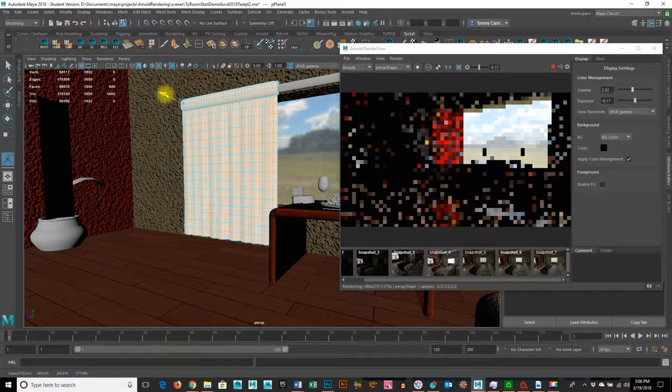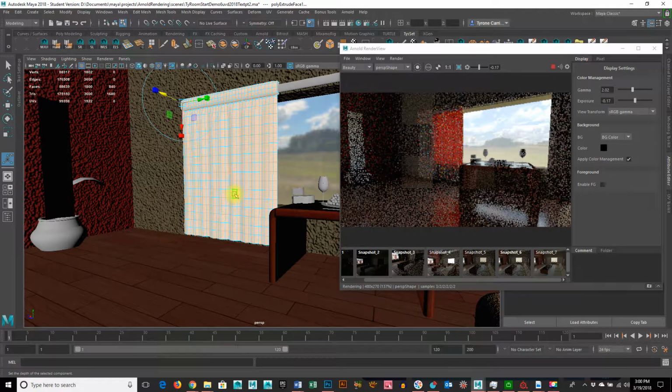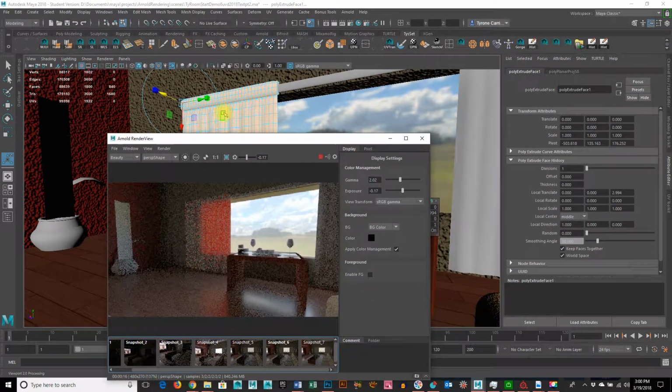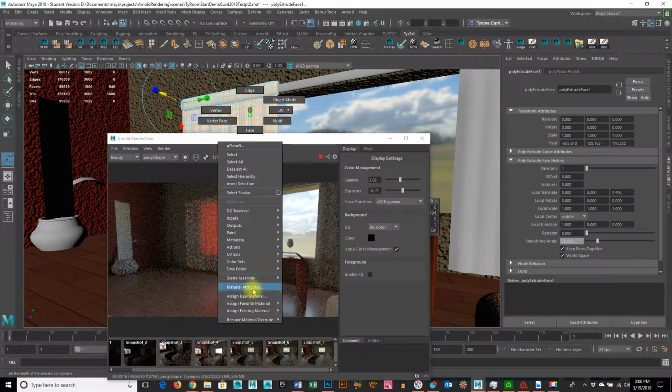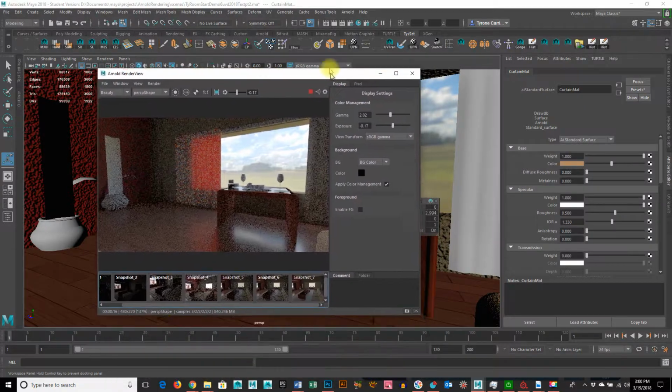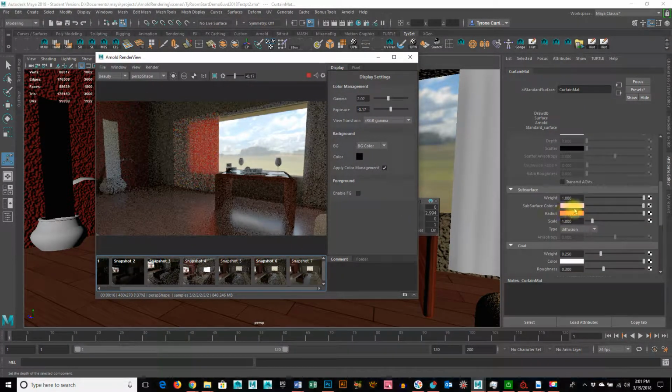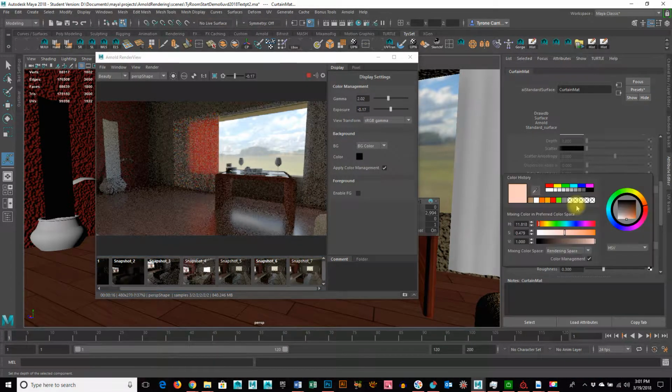I extruded it to give it thickness because it was paper thin and it wasn't calculating the lighting right. With the subsurface scattering, I gave it thickness and now it's actually calculating light passing through. Now I can go in and adjust the materials to show what I wanted to do. Okay, and as I see it here, the subsurface scattering color,